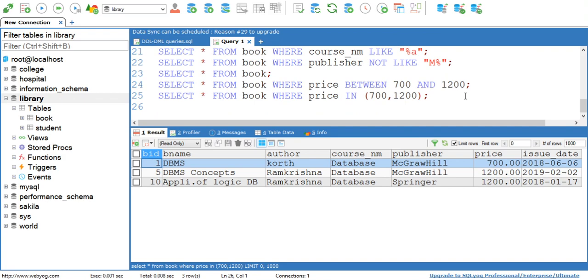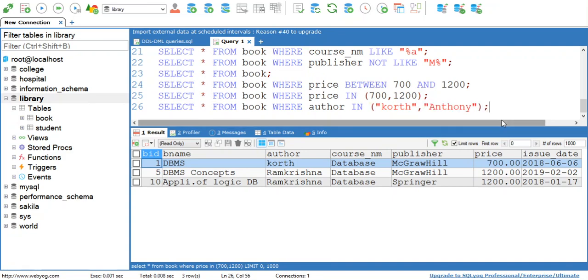In can be used with text data also. Select star from book where author in Court, comma, Anthony.